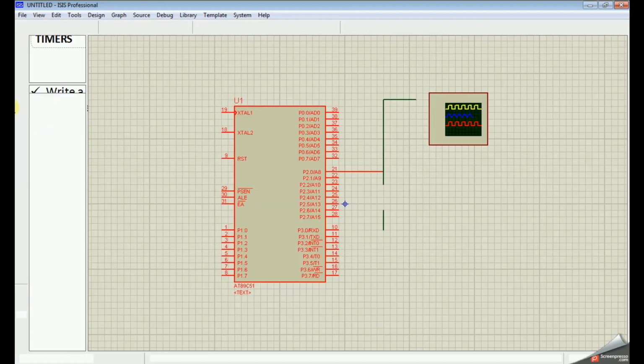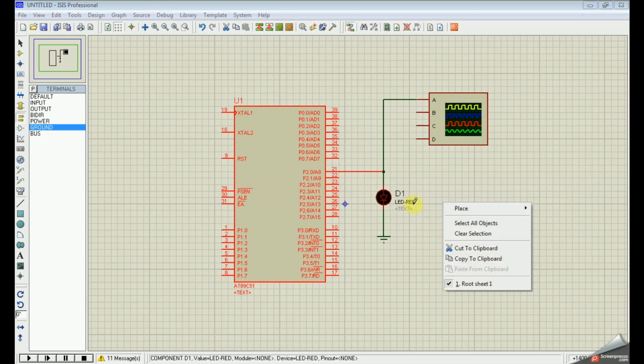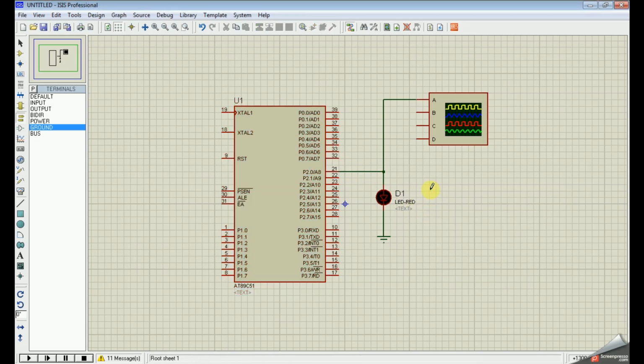Before that, let's have a look at the circuit diagram or schematic diagram. We need to generate a 50 millisecond delay. This LED should blink once in every 50 millisecond time. I am using an oscilloscope here to check whether it is giving the exact delay or not. This is a simple circuit.